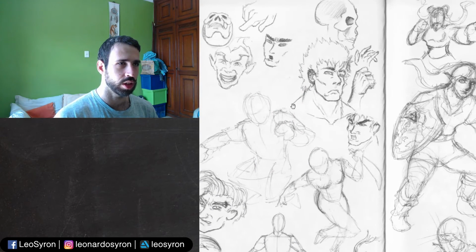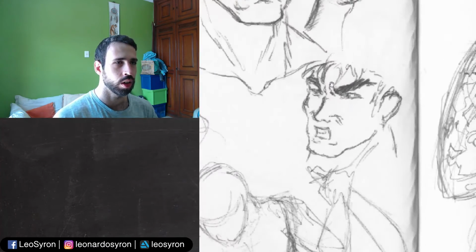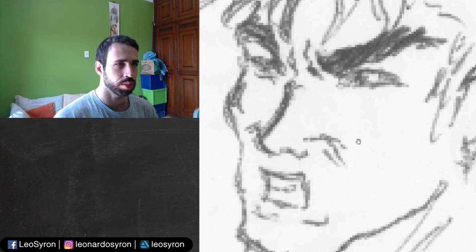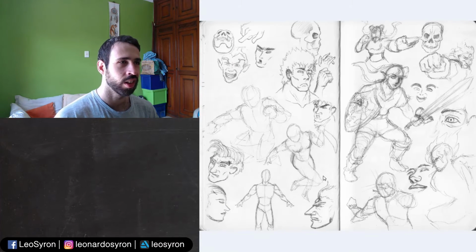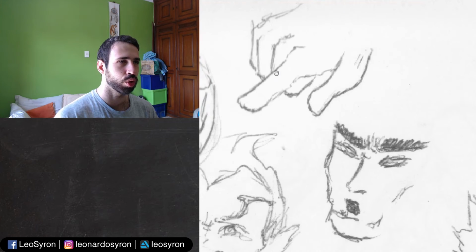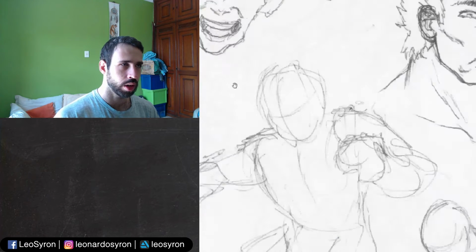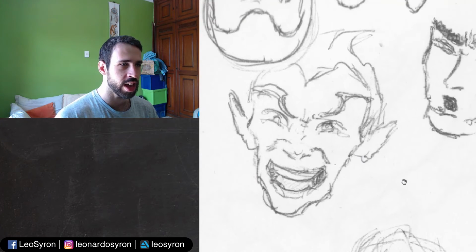Some random studies. Some ugly Kenshiro from Fist of the North Star. Some a little less ugly but much angrier Kenshiro. Oh, some stubby finger. This finger is too short, too weird. This bone should be farther back. Oh, it's very wrong. But I like this goblin here. He's like,